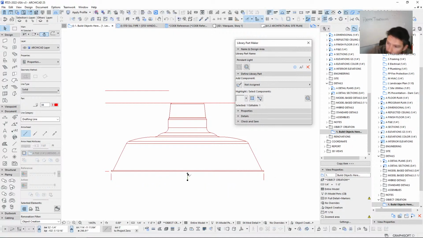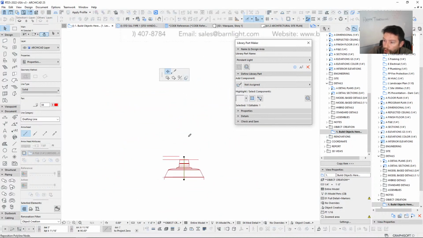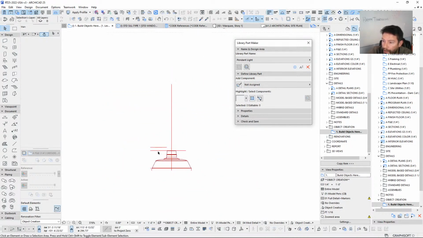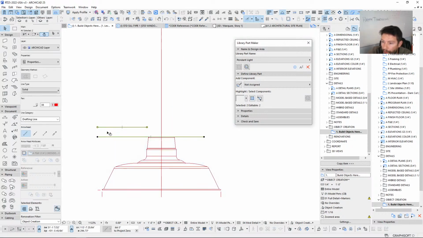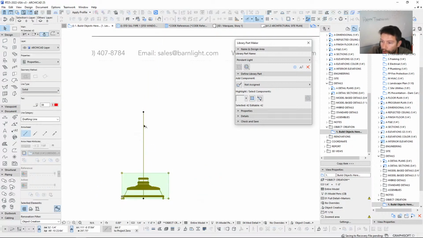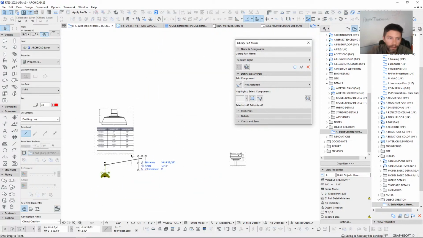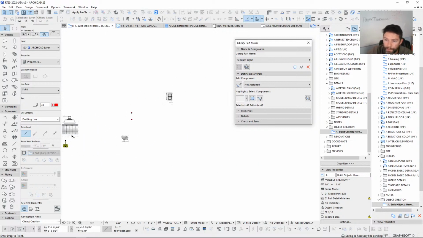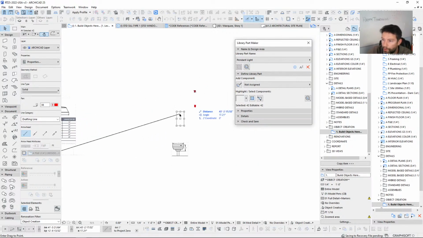So if we go 1 foot, that should be exactly our center line here. I'm going to create a guideline here in the center, and from here we are going to clean this up a little bit by removing the contents around it. Okay, so now that we have our light fixture set up here,